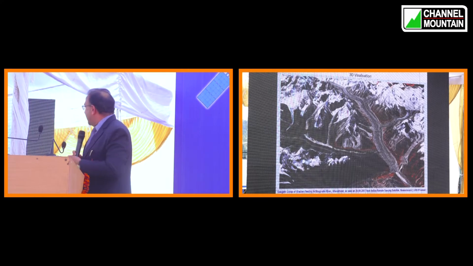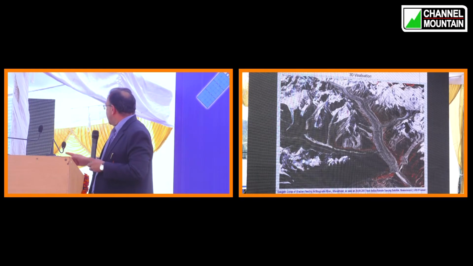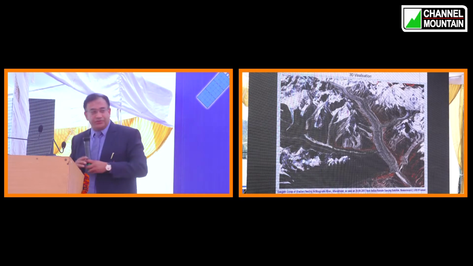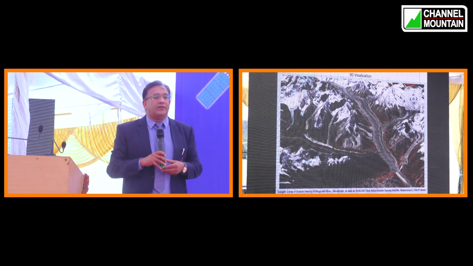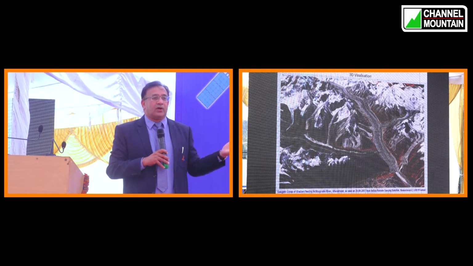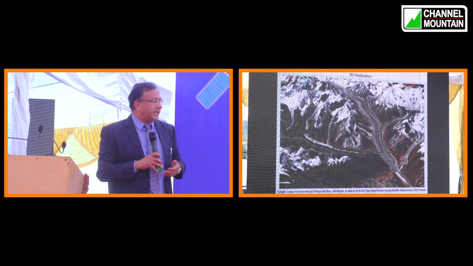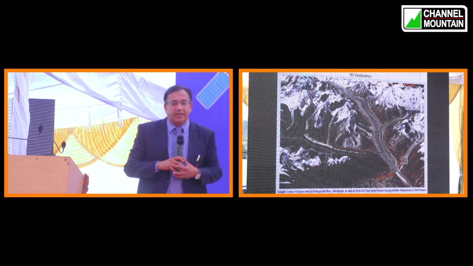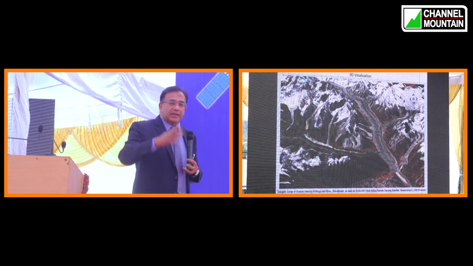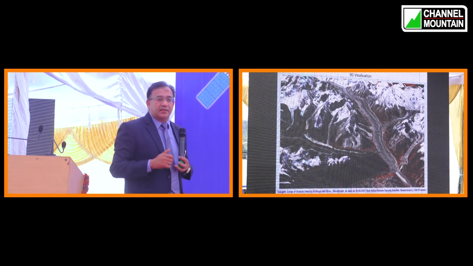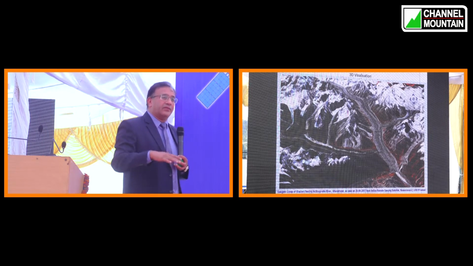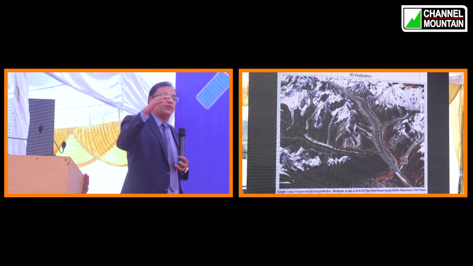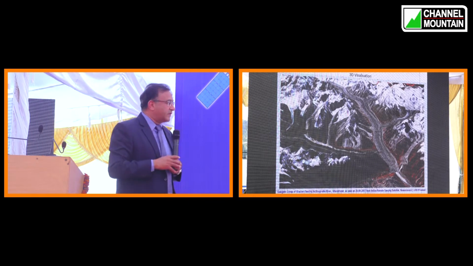I have also shown you the 3D view of Gangotri, and that blue color water which you see here down is basically the origin of river Ganga, and that place is called Gomukh. Now in 2017 we had a massive landslide in that area, and a large amount of glacial sediments have filled up this region. We have estimated that around 1.4 kilometers stretch is now covered with glacial sediments, which is at places as high as 13 to 14 meters thick, based on remote sensing technology.